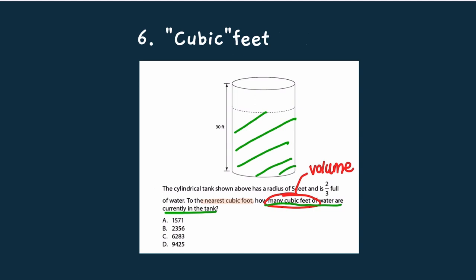The formula to find volume is V equals pi r squared h, right? The radius r is 5, squared, and h is 30. So after calculating, 25 times 30, 25 because 5 squared is 25, right? And times pi is